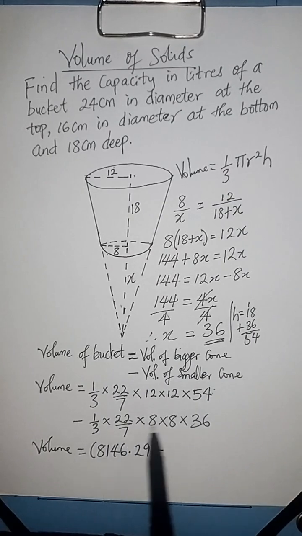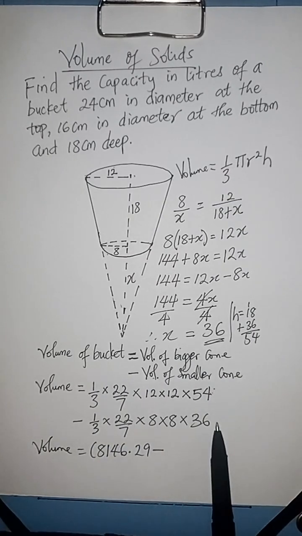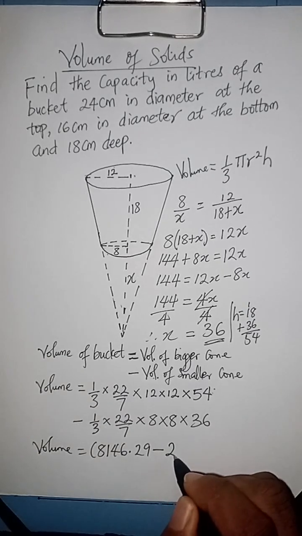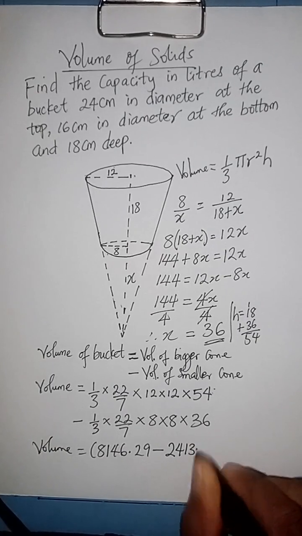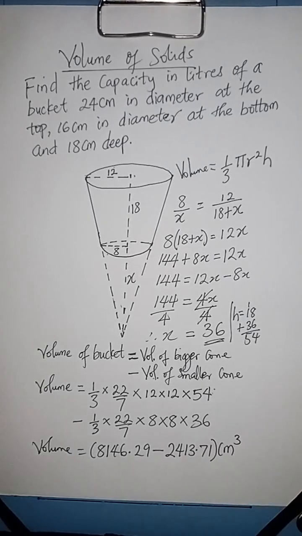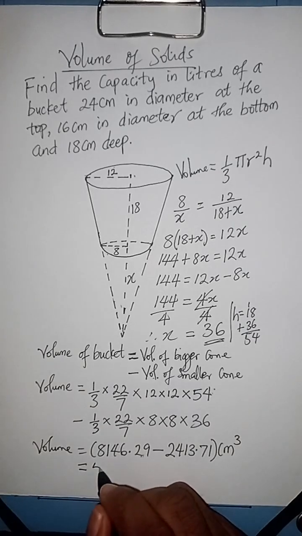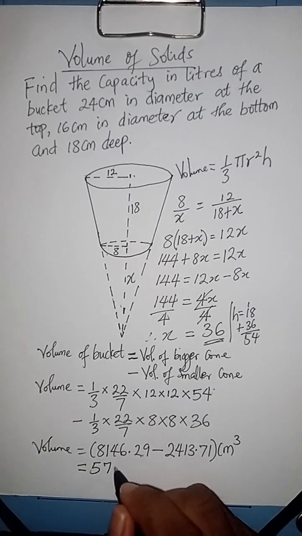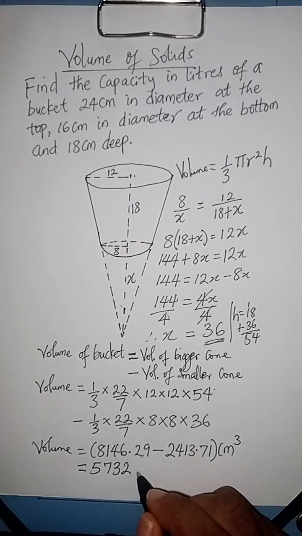Then when you also multiply through, you're going to get 2,413.71, all in centimeter cube, because it's volume. And if you subtract 8,146.29 minus 2,413.71, it is going to give you 5,732.58